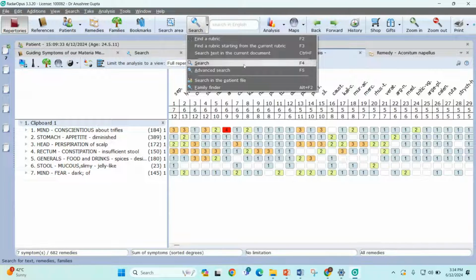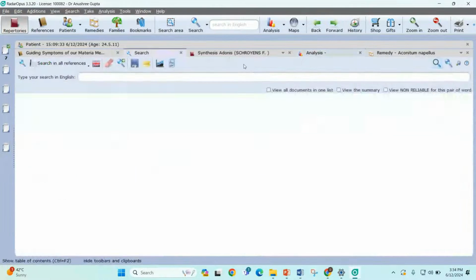So if you click on this basic search, you can see this basic tab being opened, where you just need to mention your words and you can see all your rubrics, or you can read it from the different references. So suppose I want to search about Desire Sweets, then just mention Desire Sweets as words.